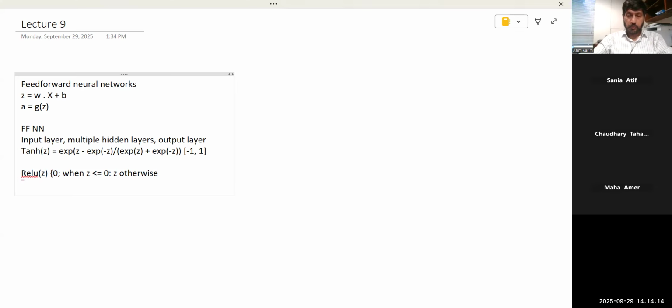So this equation has become more popular in recent years because we typically now have multiple hidden units. So this somewhat improves the computational performance as well as it avoids the issue of the vanishing gradient problem. So I don't want to go into great detail of this. Can anyone tell me or has knowledge of this? What is the vanishing gradient problem? Obviously you must have heard the name.